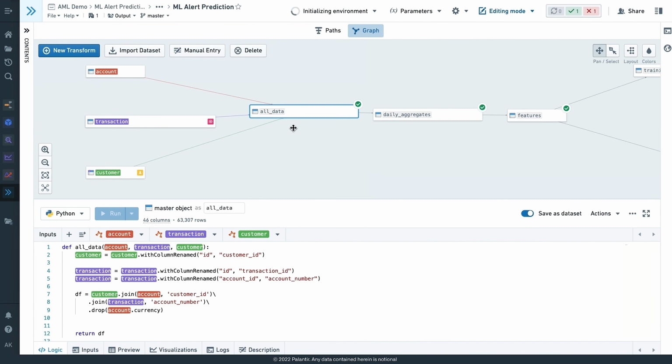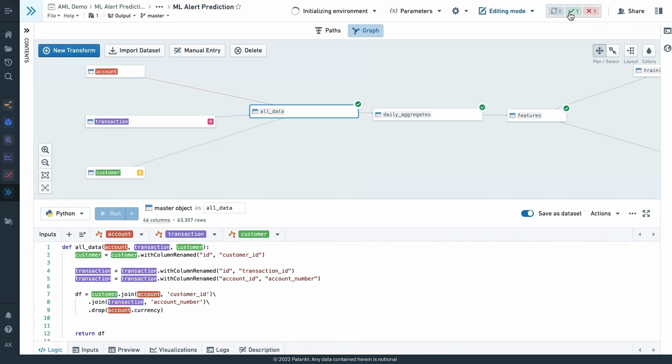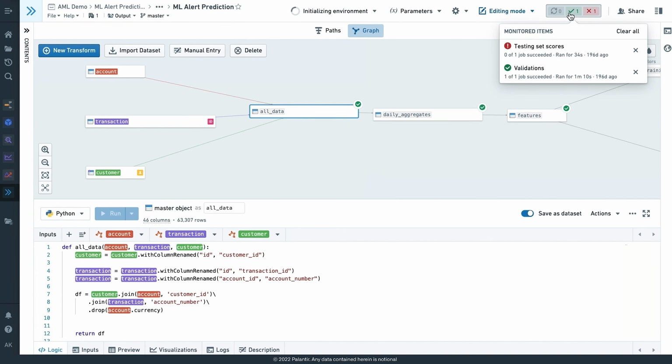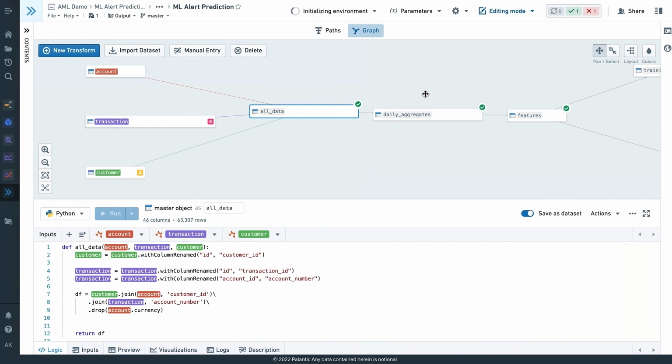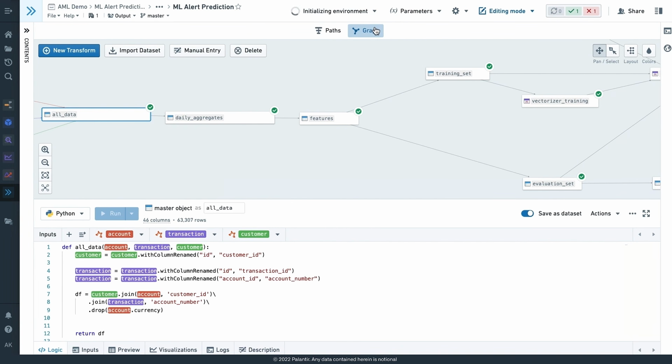And as a data scientist, I don't have to spend 80% of my time rebuilding these data pipelines myself. I can just tap into the good work of my data ops colleagues or my data engineering colleagues. And if anything goes wrong with those data pipelines, like the ones we saw before, I can get immediately alerted to that because the health information will flow down to me as well. And so I have a stable, rich, healthy foundation to build on. And I can then use all the packages and all the techniques that I am familiar with here to build out different models end-to-end, batch or live inference endpoints, and then plug them directly into different operational workflows.